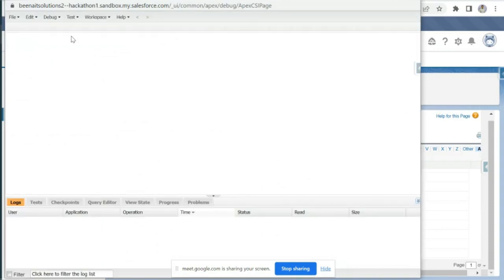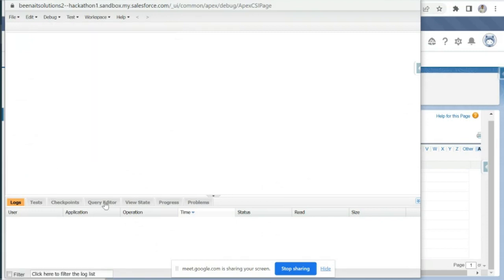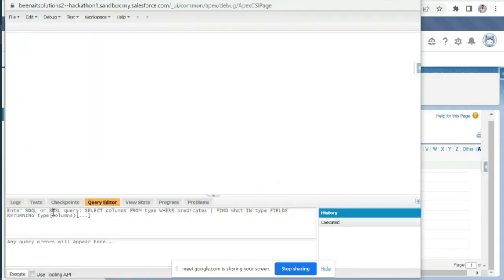In this, there is an option like query editor. You can write the SQL query like select star from account where ID equal to, suppose, XXXX. And one more thing before that, have you noticed any